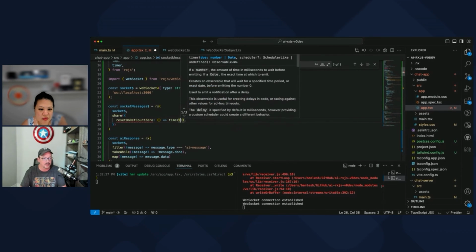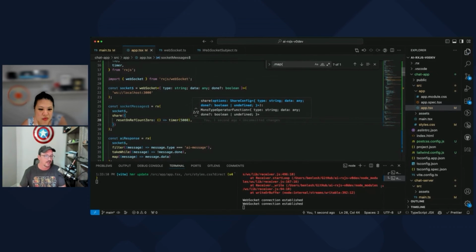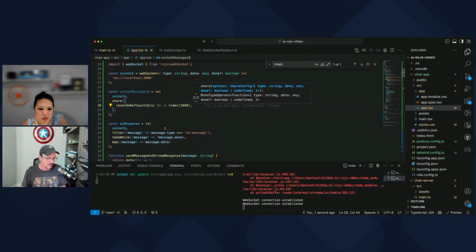So we can say, wait for 5 seconds before you disconnect the WebSocket. That way, if you don't have anything else listening to it, it doesn't just close the WebSocket and then have to reopen it the next time you subscribe. It's probably not going to happen in this app because it's just going to stay active, but we can do that. So here's our socket messages.